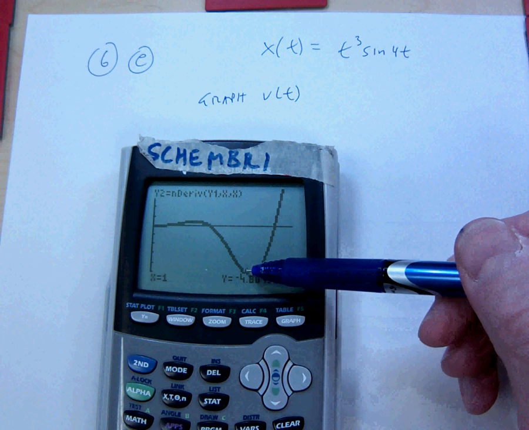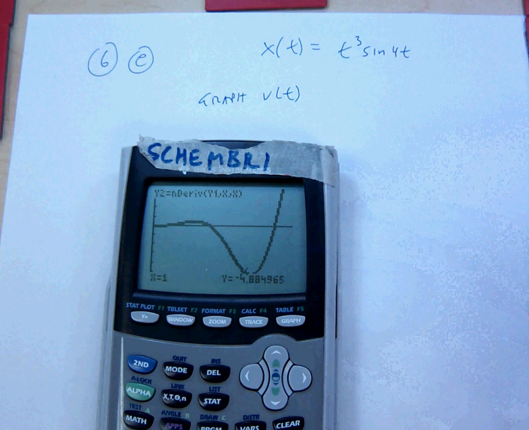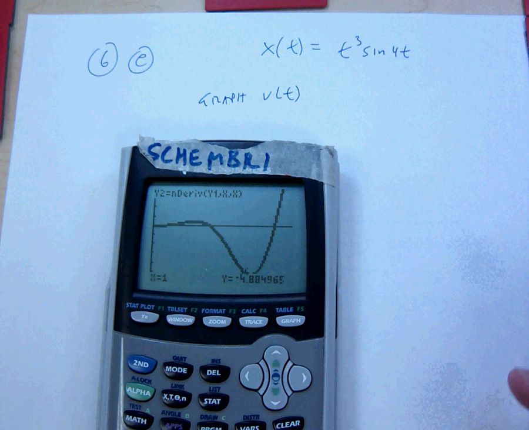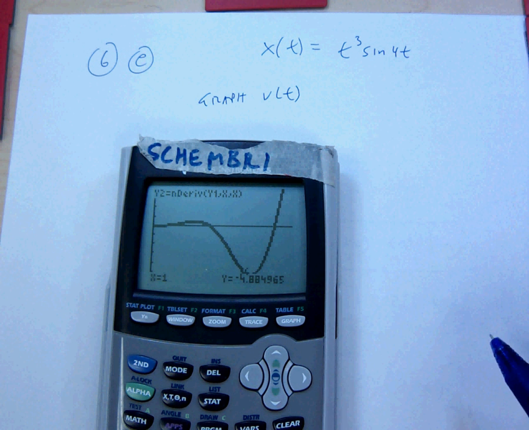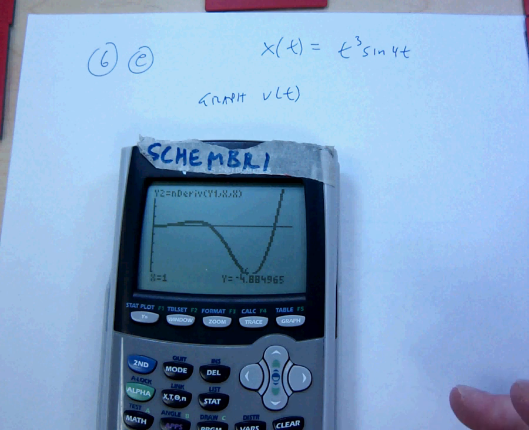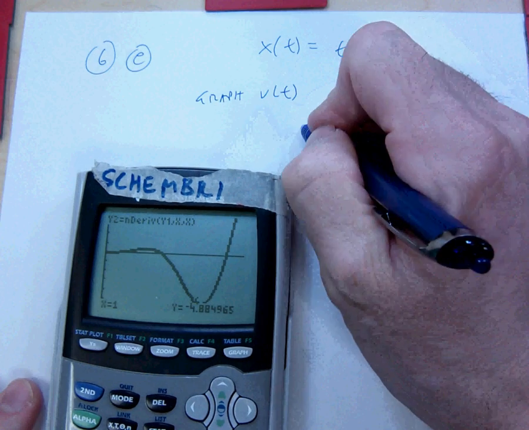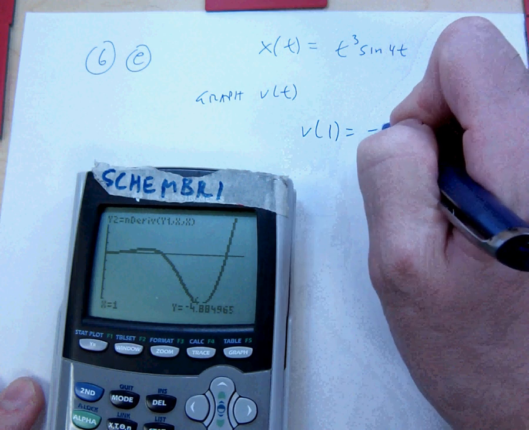All right, I want to state whether the particle's velocity is increasing or decreasing at that time and whether its speed is increasing or decreasing at that time. Okay, so let's write this down. V of 1 is negative 4.885. Okay, so what does that mean? Well, the fact that V is negative